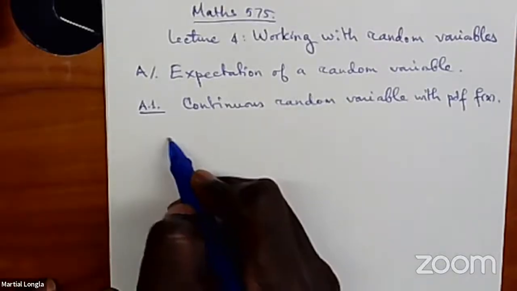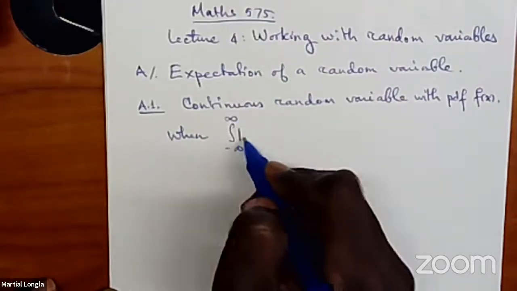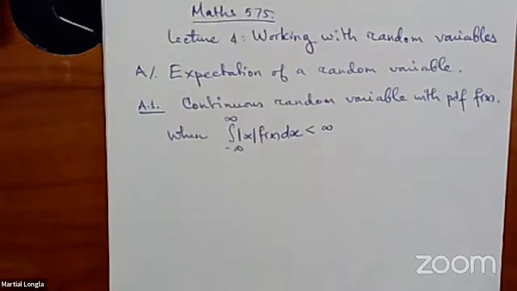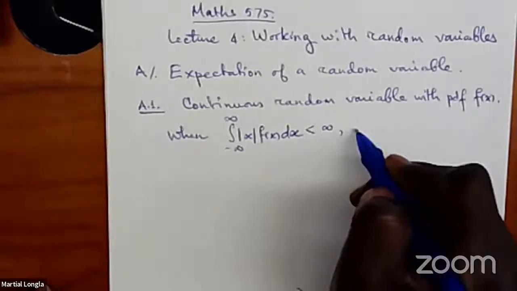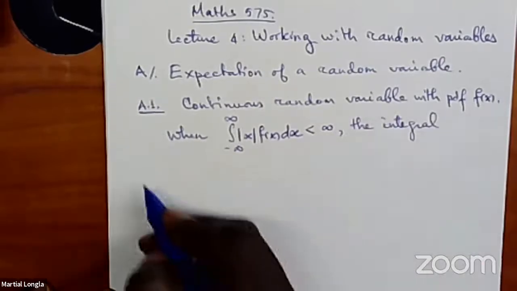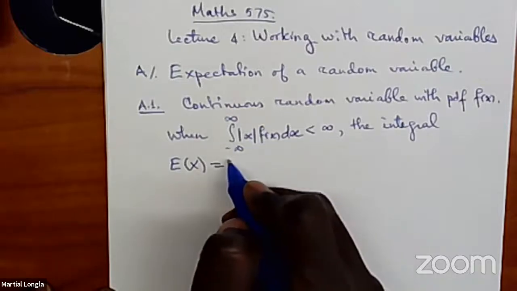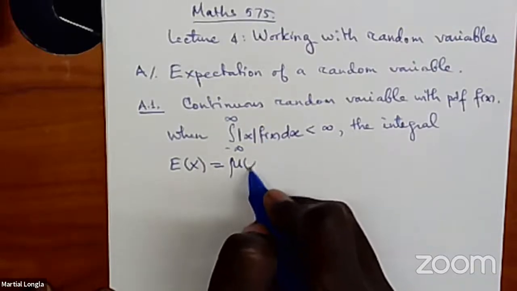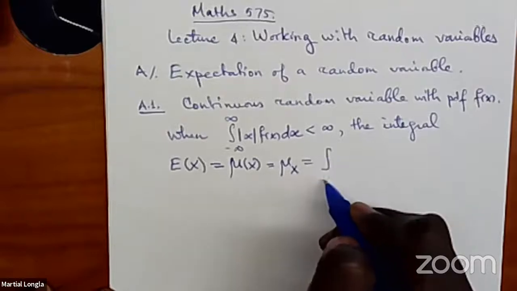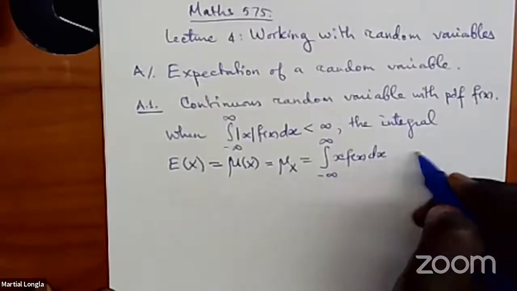And the definition says when the integral from -∞ to infinity of absolute value of x times f of x dx is finite, the integral E of x, which is also denoted mu of x, or mu with index x, equal integral from negative infinity to infinity of x, f of x dx is called